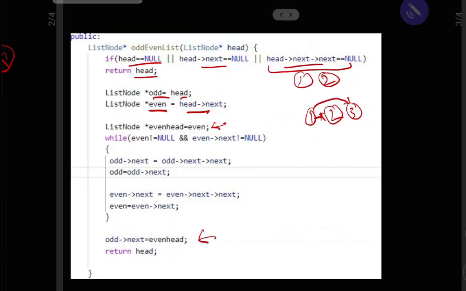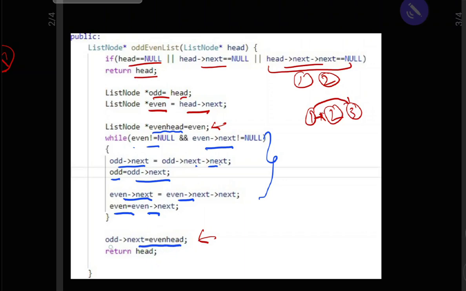We initially store even head as even, because when we apply the while loop we keep changing even. At the end, even will be at the end of the even linked list, and odd at the end of the odd list. The loop runs while even is not null and even's next is not null. Odd's next points to odd's next's next, and odd becomes odd's next. Similarly even's next points to even's next's next, and even becomes even's next.